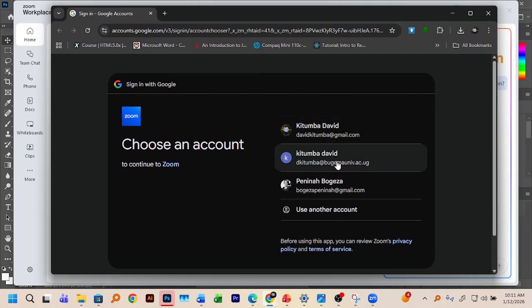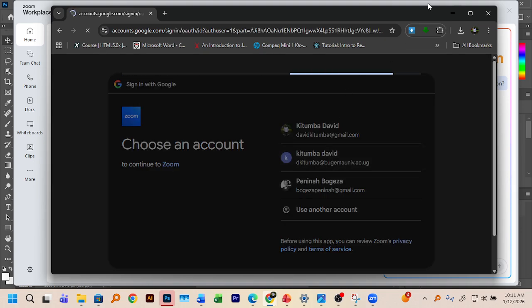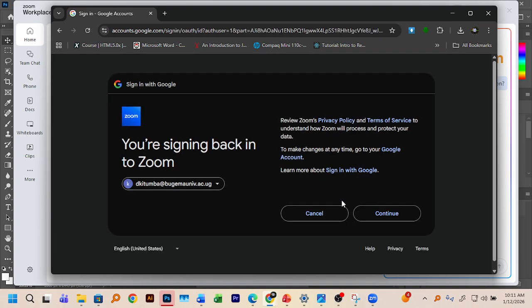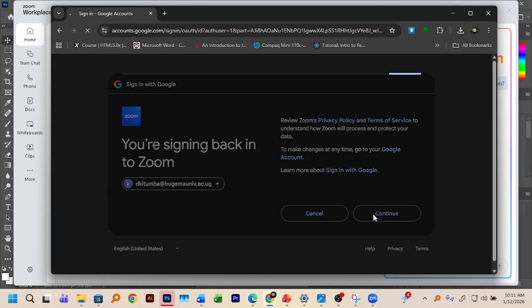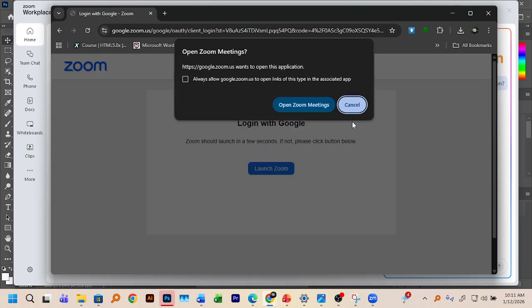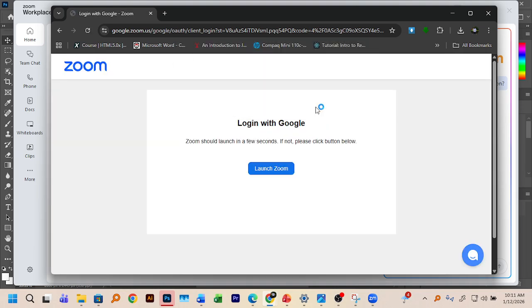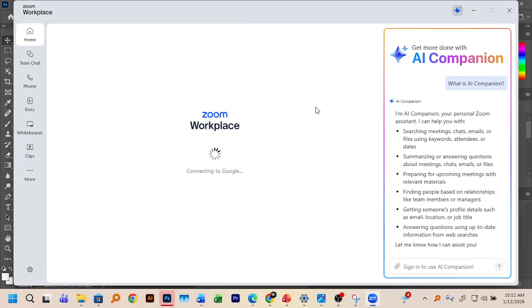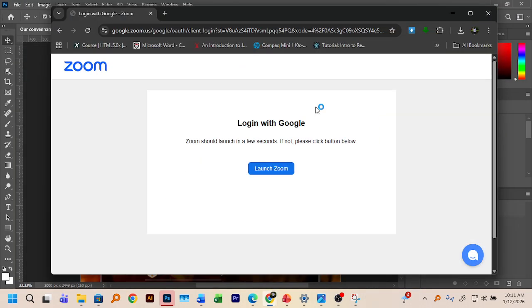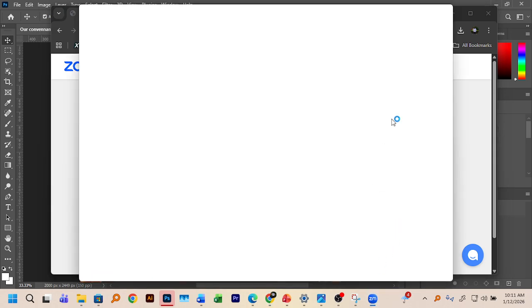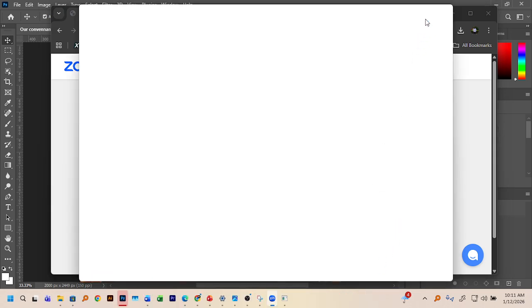I'll get the different emails I have. In this case, this is the email I want to use. Yes, and they prompt me, do I want to use this for Zoom? I say yes. Once it's confirmed, I can open Zoom meetings. So in other words, I have to link my Zoom to a particular account. Okay, and since I've done that already,